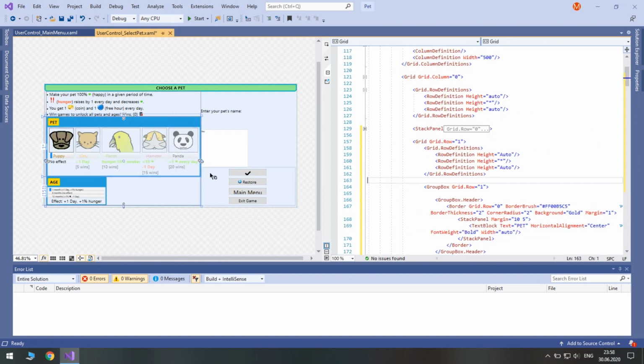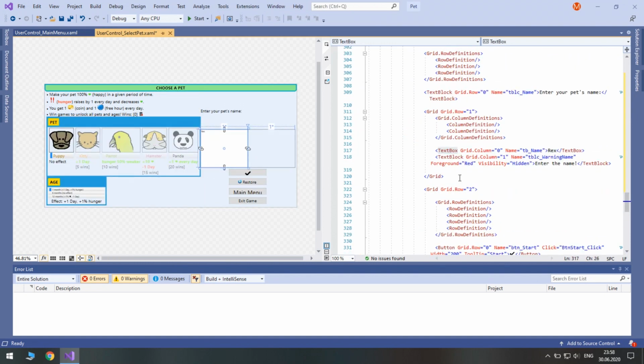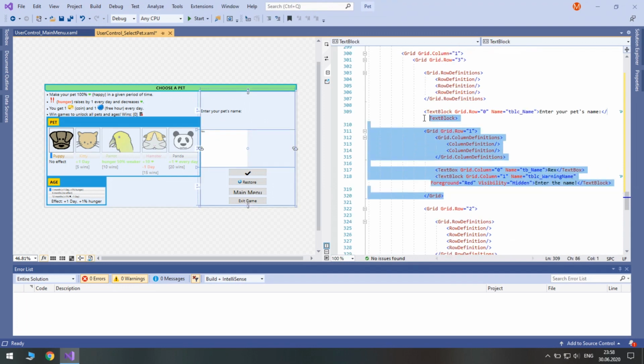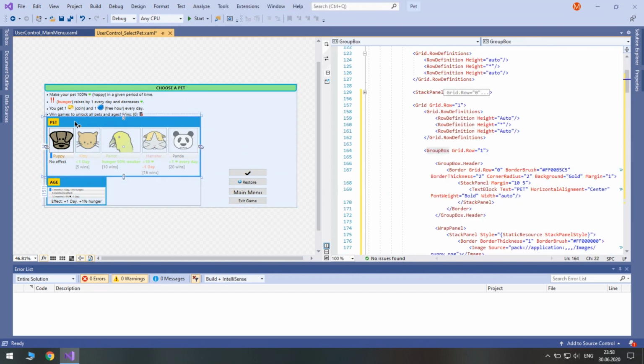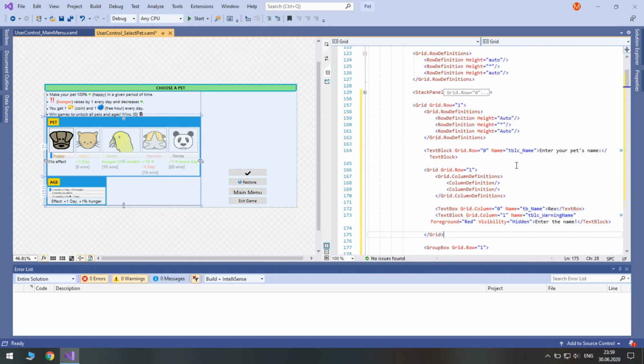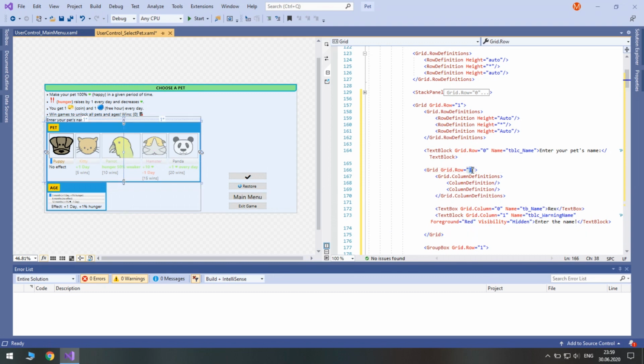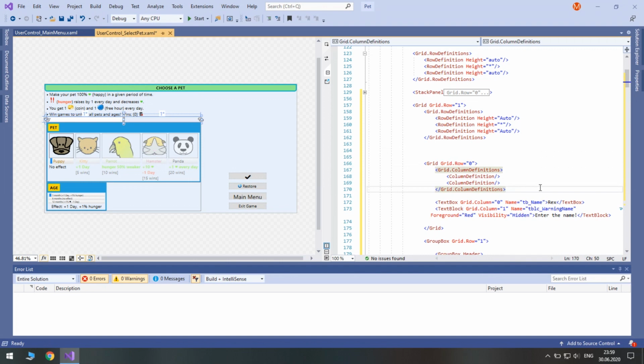It's time that we move our controls related to the name of the pet to this column. So it's going to be row 0. Let's place this text block inside of this grid.